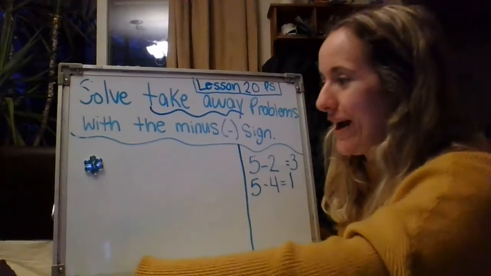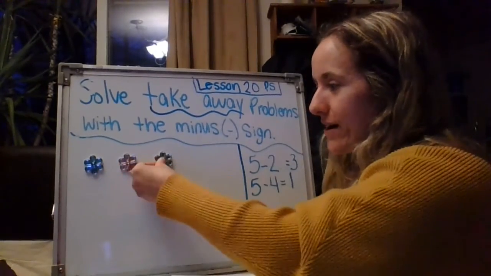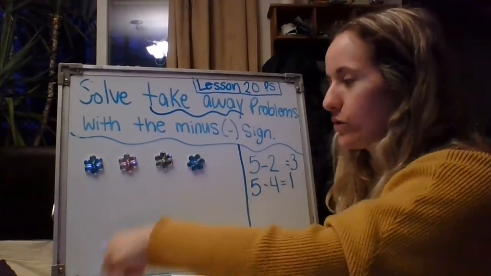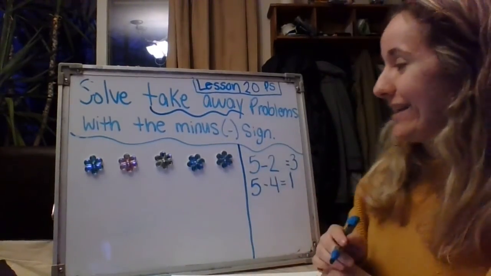Great job, guys. We're going to go ahead and put our 5 flowers back up on the board. We're going to do another number sentence. This time, I'm going